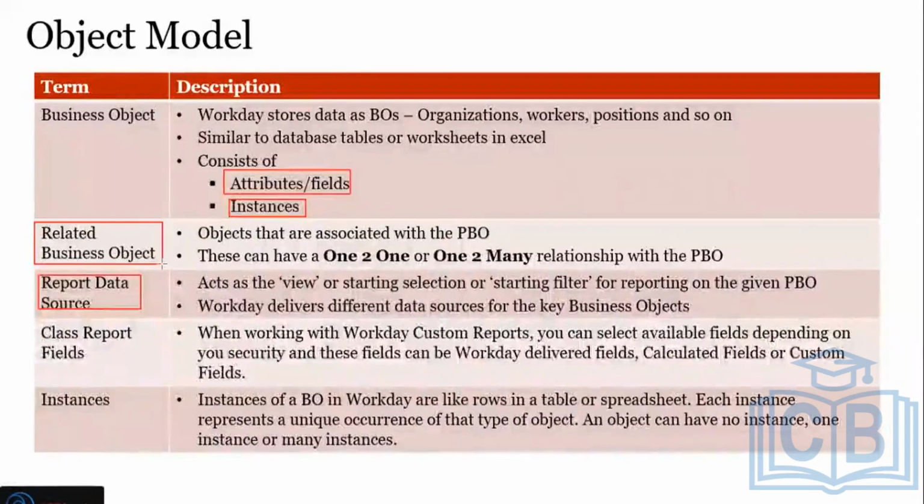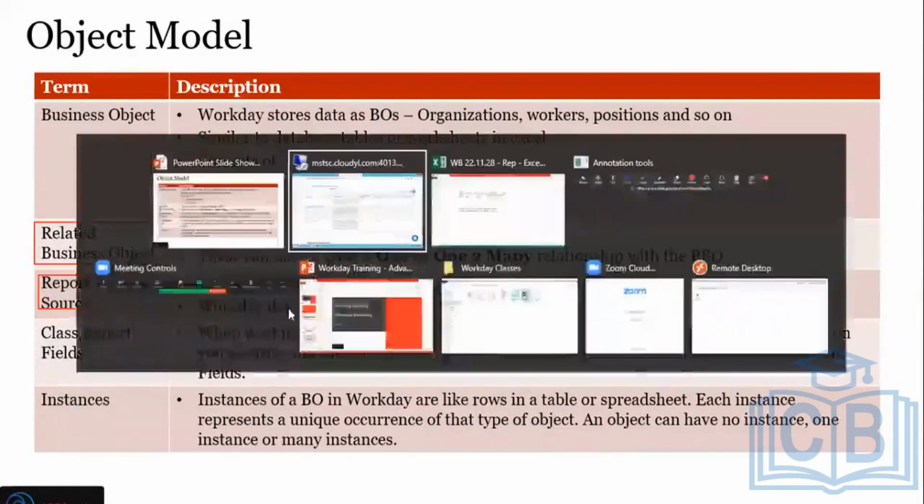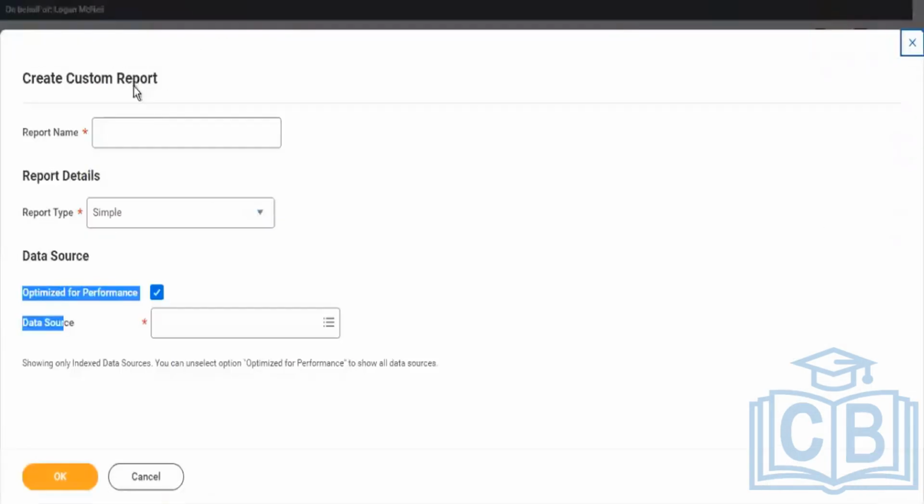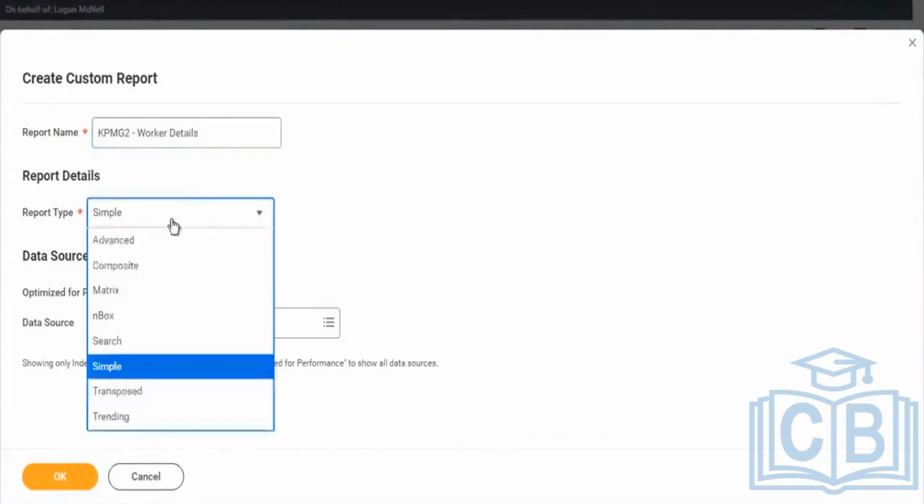Talk about related business objects. Let's look at that. Now, as I mentioned, each data source is uniquely associated with a business object. When I come in here and I create this report, KP2 worker details,